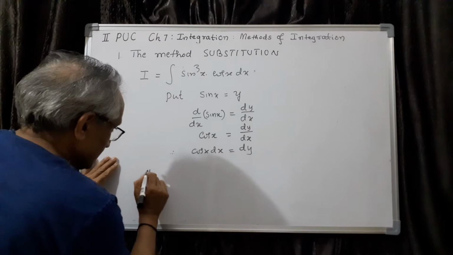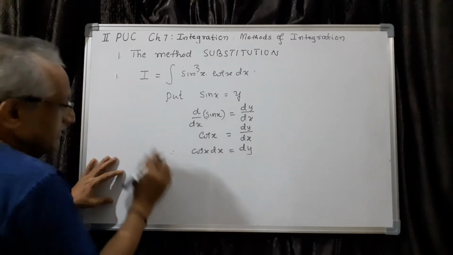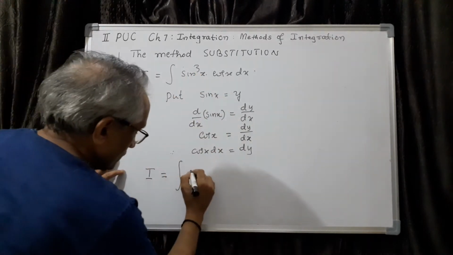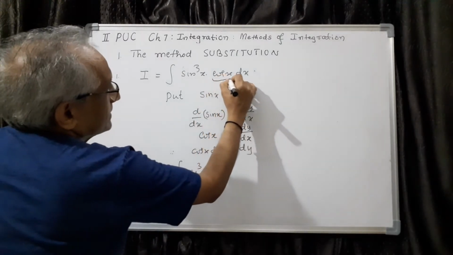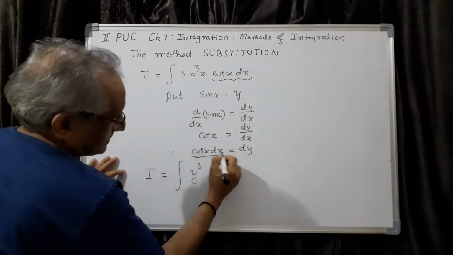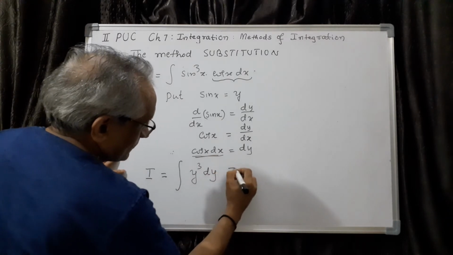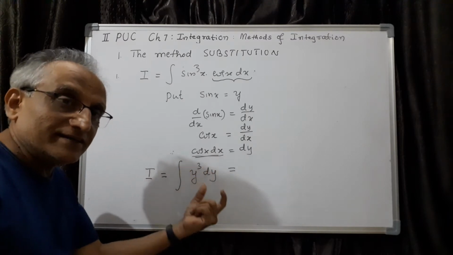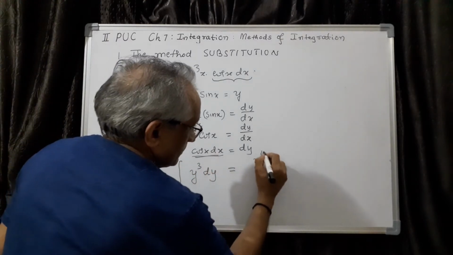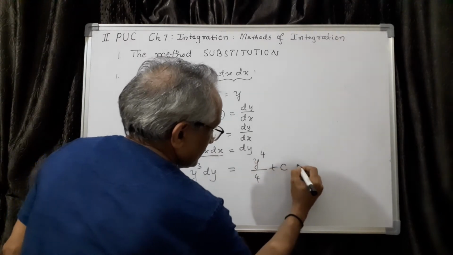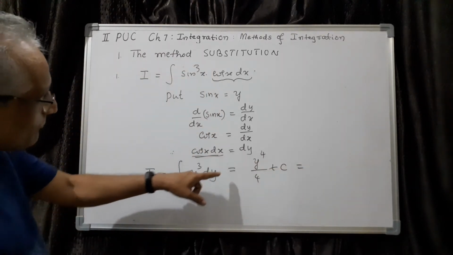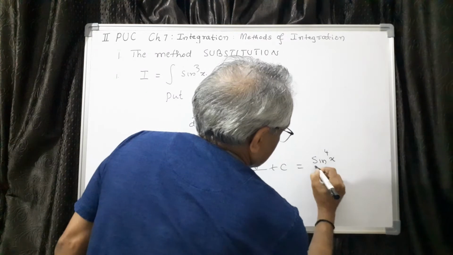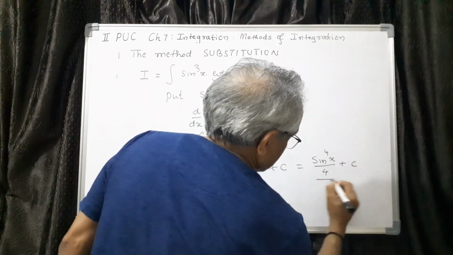Now it is called substitution method. Now you see what happens: I will be equal to integration of sin x is y, so I have to put this equal to y cube. This is the first thing. Then cos x dx, here you see this cos x dx is dy, so I have to write dy. Now the original integral becomes y cube dy, which can be integrated. Therefore this is y power 4 by 4 plus c. And then of course y is sin x. Therefore I have to write here sin to the power 4 x divided by 4 plus c. So this is our answer.